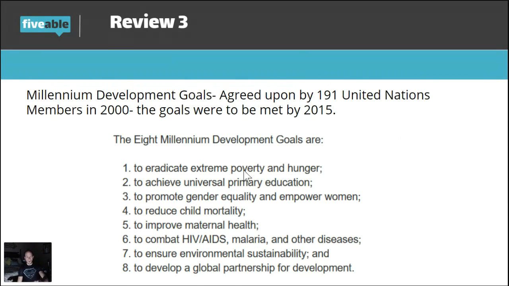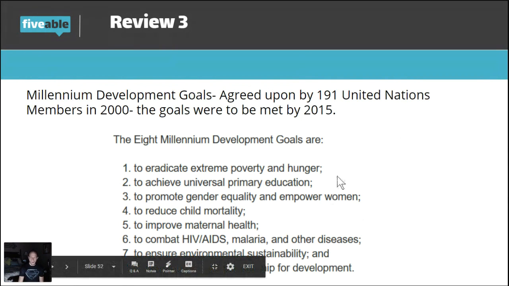So here are what the MDGs literally were. There were 8 of them: eradicate extreme hunger and poverty. Achieve universal primary education. Primary education, by the way, is elementary school. They wanted, at the very least, every child to go to school and get up to, I don't know, 5th or 6th grade education. That's not too much to ask, right? Promote gender equality and empower women. Y'all, number 3 is one of the most important things that you could possibly do if you want to truly have your country become a better place and be more developed, because that makes up half your labor force. And if all they're expected to do is stay home and have children, then you're never going to see your country as a developed country.